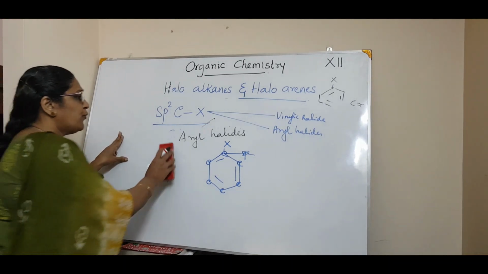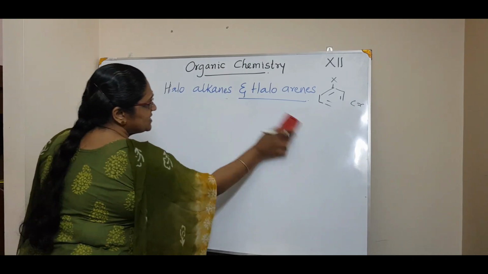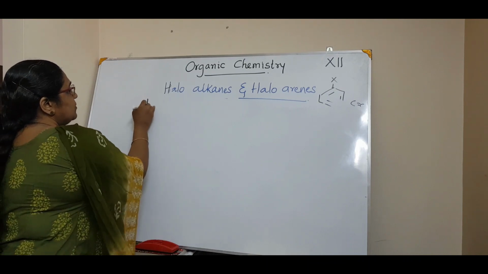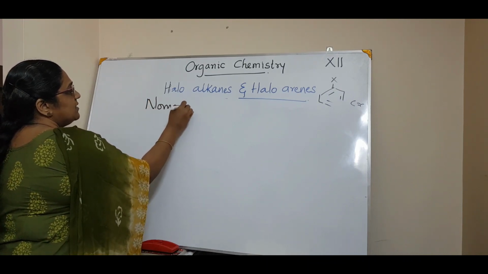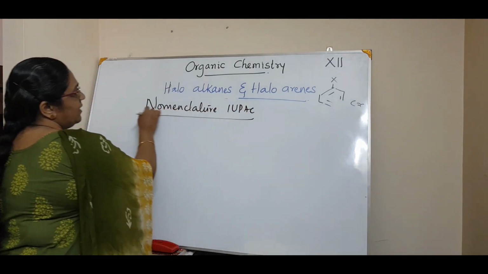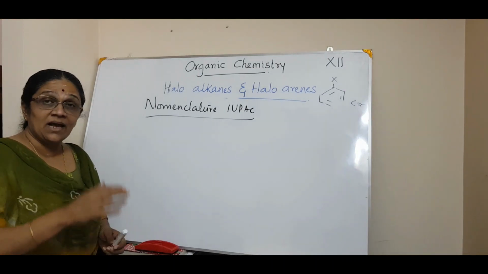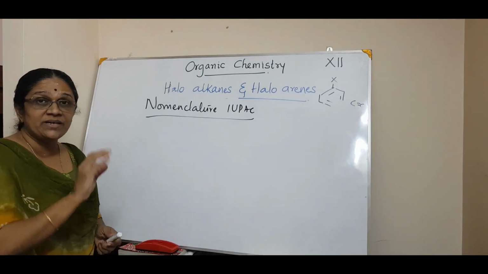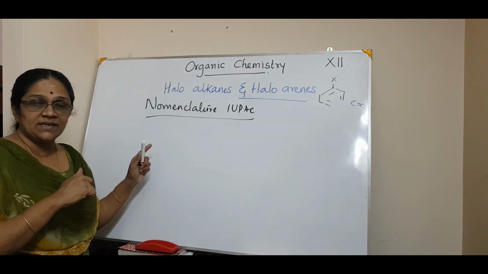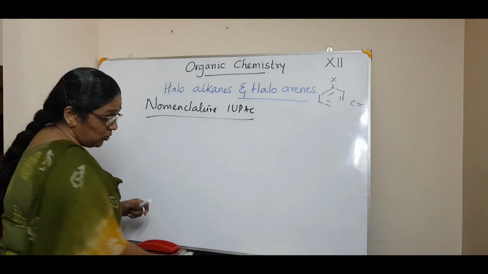You all know how to write the nomenclature, isn't it? We will see some of it and then the rest you will do as homework. Now, you know the rules of IUPAC nomenclature, right? IUPAC has recommended that you choose the longest chain, number it according to the functional groups or priorities, then name it, then check the lowest sum rule. So, taking all that into consideration, we will see some examples for the nomenclature.